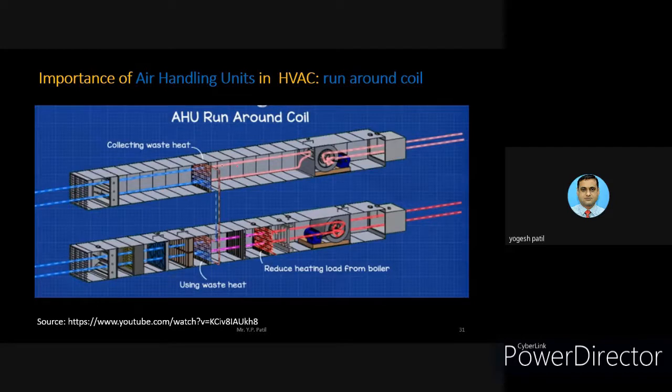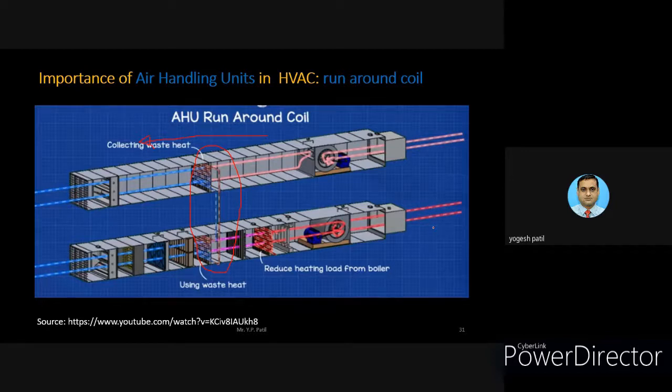So you can see over here this particular part is recycled, and it can be used to improve the efficiency of the cooling coil and heating coil with the help of the return path, because this is just like a heat exchanger. The return air that is exhausted from this side has some amount of heat present in it, so that heat can be used to heat the inlet air.